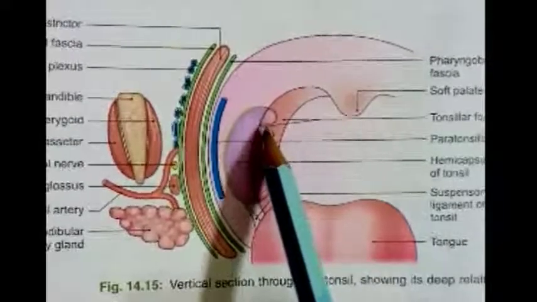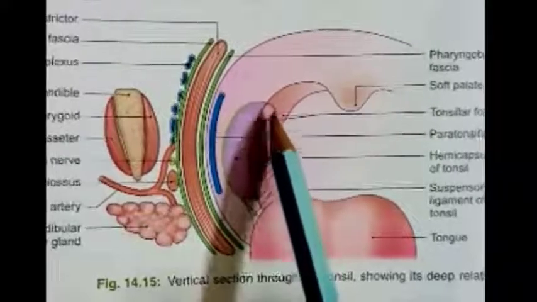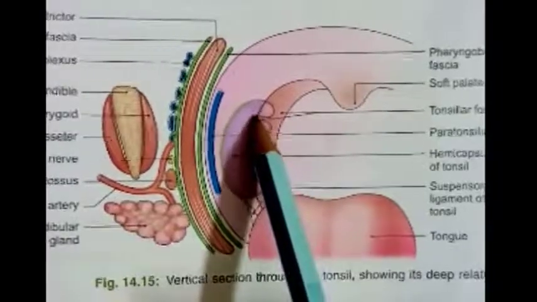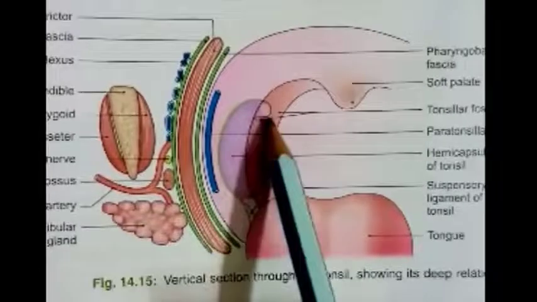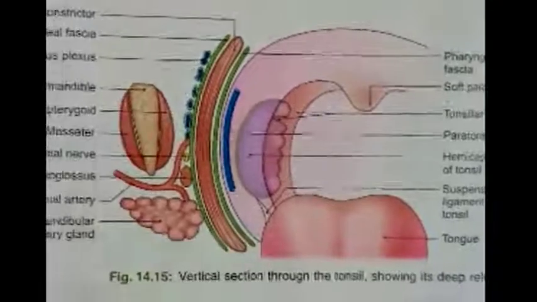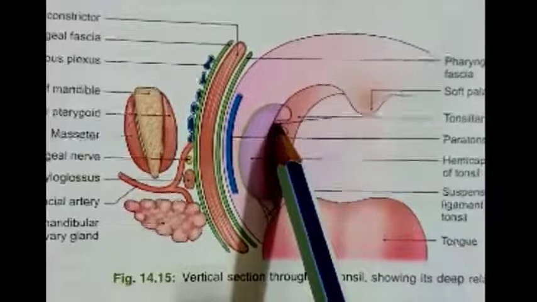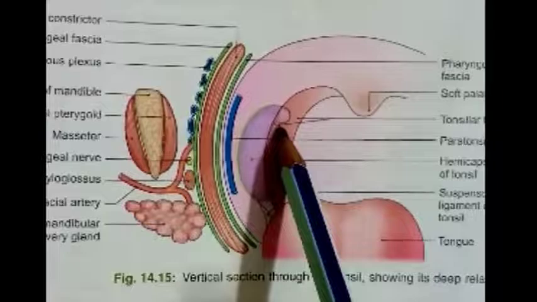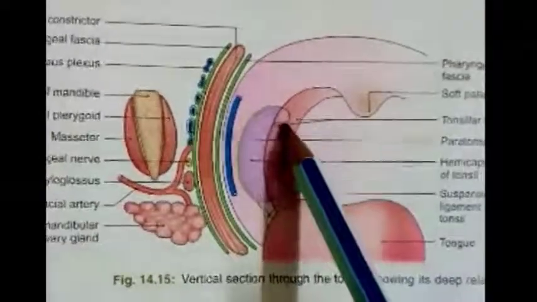Intratonsillar crypt or cleft is the largest crypt of the tonsil. It is present in its upper part. Mouth of the crypt is semilunar in shape and it runs parallel to the dorsum of the tongue. It represents the internal opening of the second pharyngeal pouch. A peritonsillar abscess or quinsy begins in this cleft. Quinsy means pus formation in the tonsil.